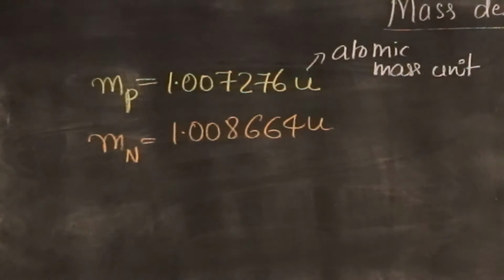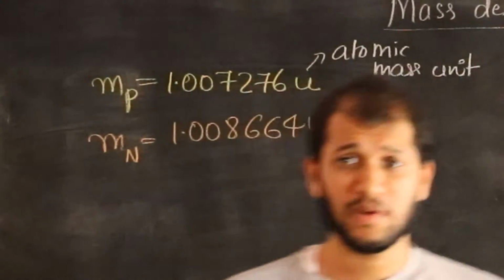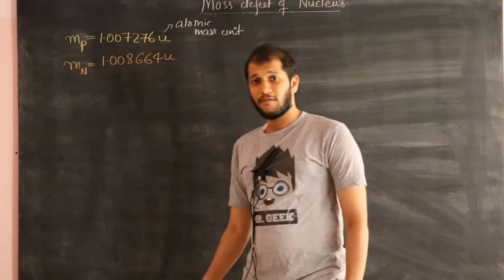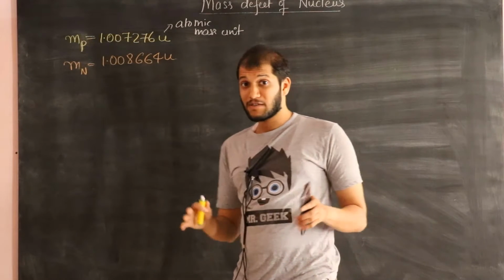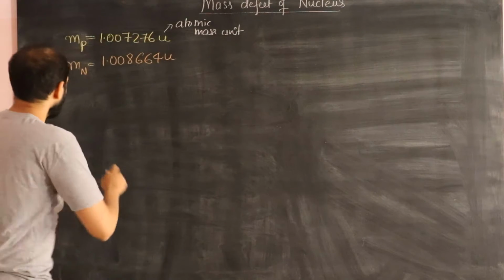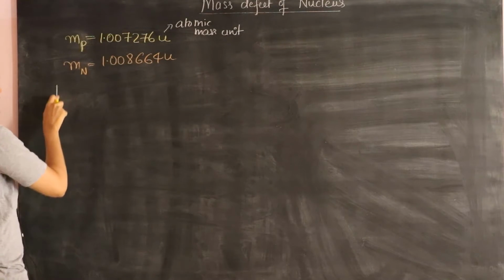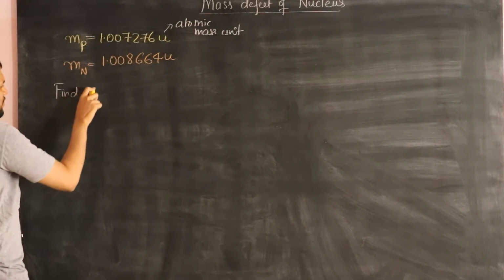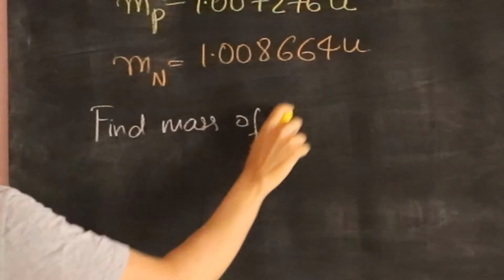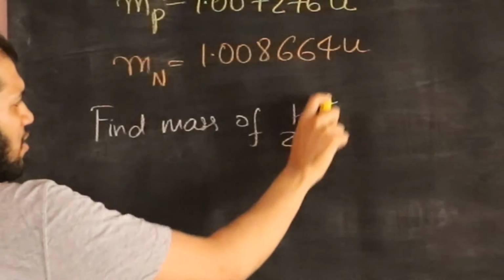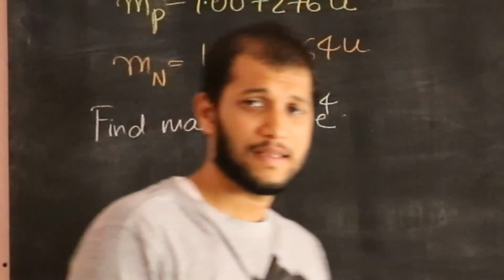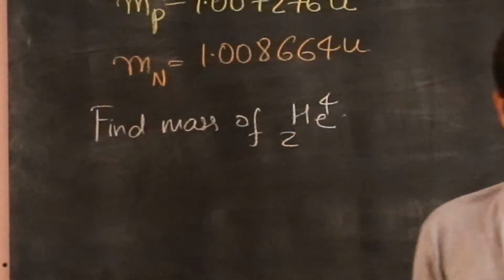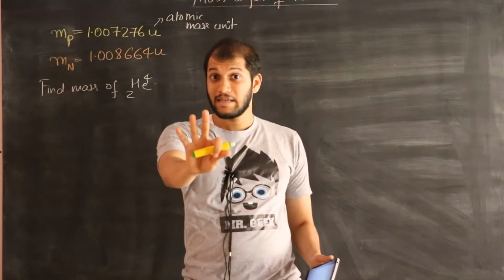Okay, now with these, I could ask you a simple question. What is the mass of a helium nucleus? What's the mass of an alpha particle? So find the mass of an alpha particle, which is just the helium nucleus. Now you can Google that as well and find it out, but don't do it yet, because I want to